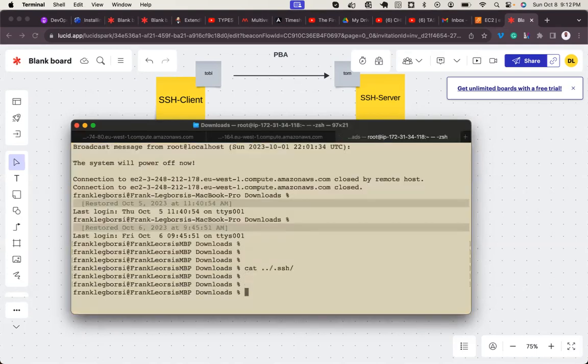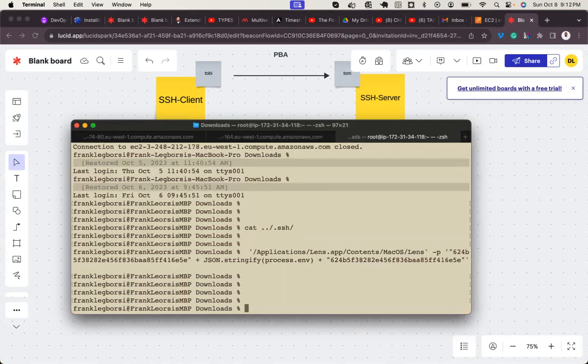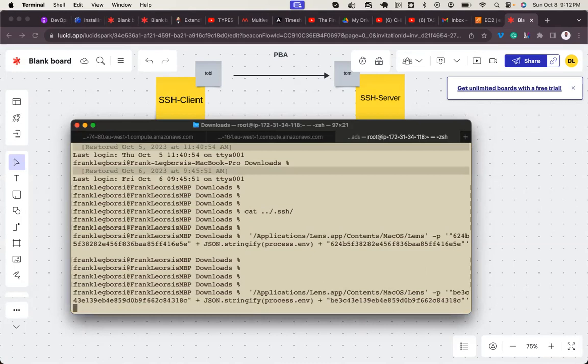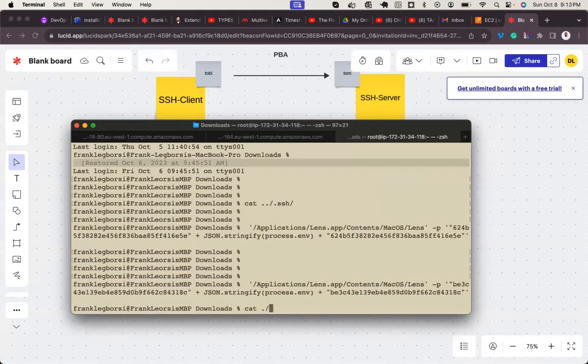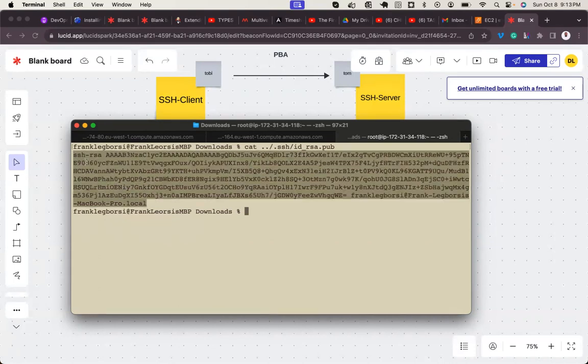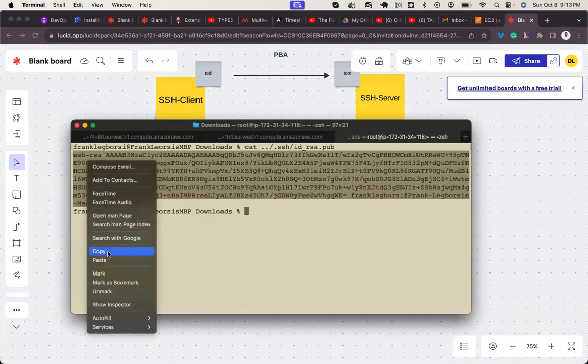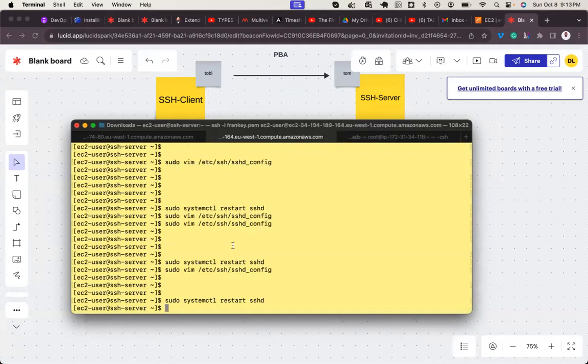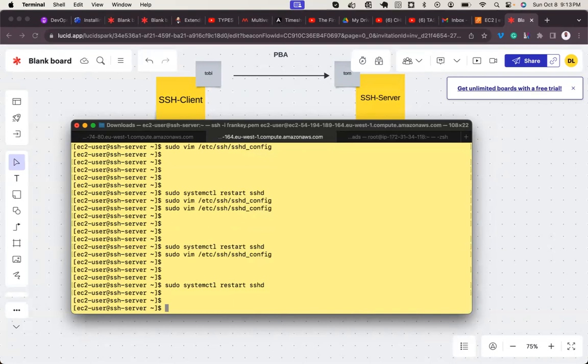So this is my local machine, right? So I'm going to cat dot ssh id dot pub. So here is my own. This is my local machine on my Mac. Public key. Copy. Now I'll go to this